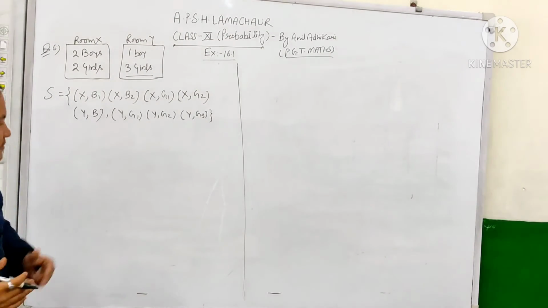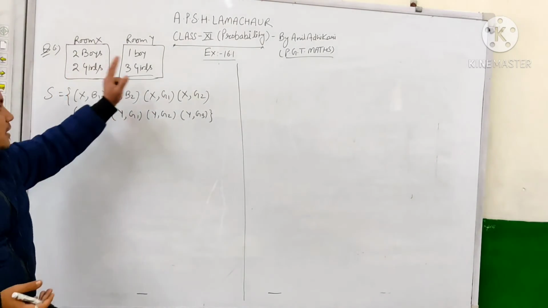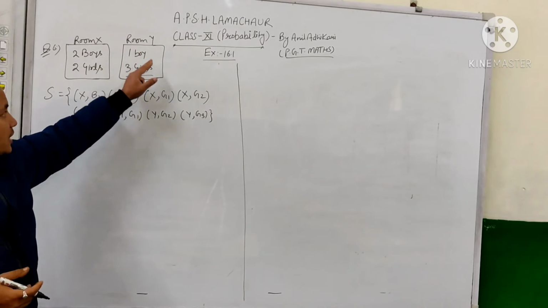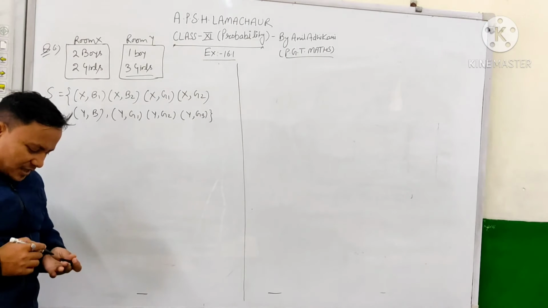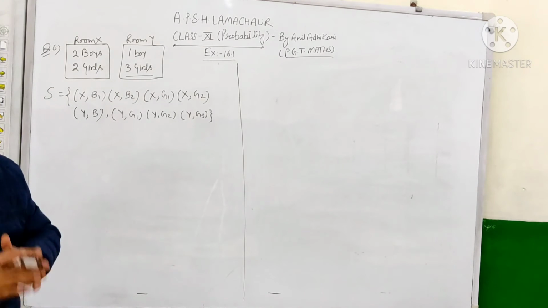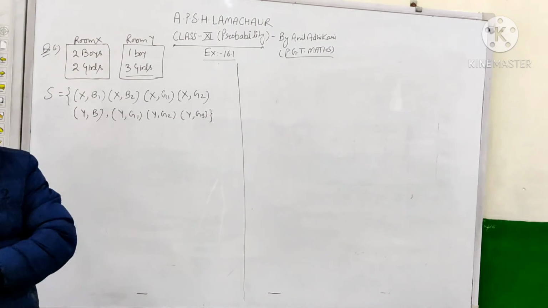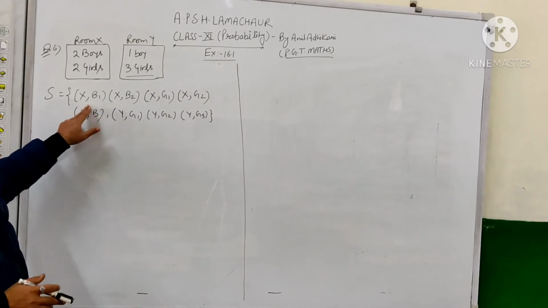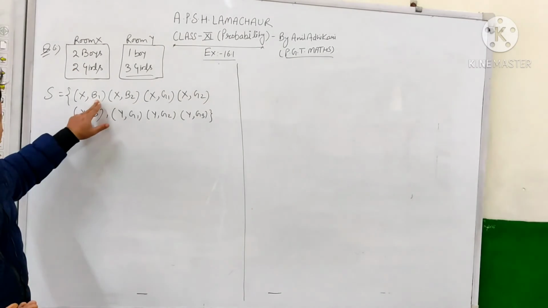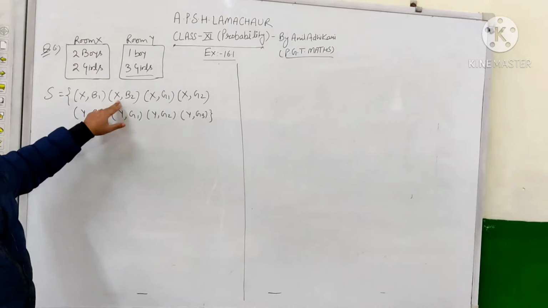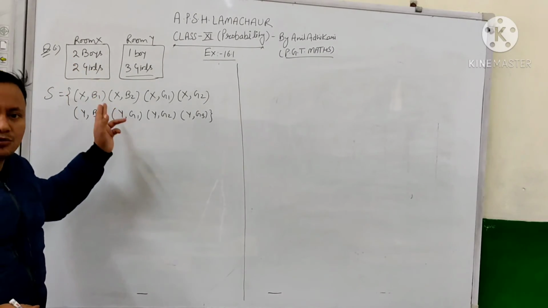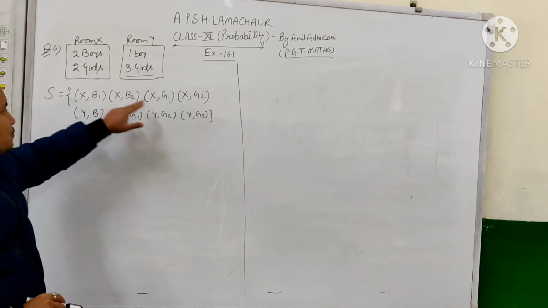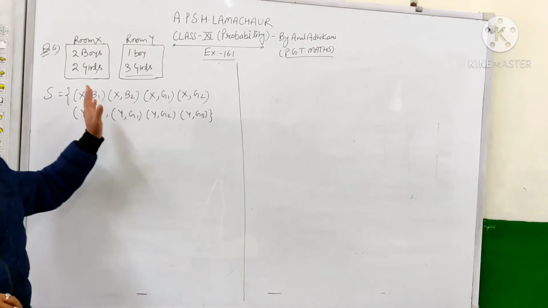Okay, the question is we have been given 2 rooms. First is room X and second is room Y. Room X contains 2 boys and 2 girls while room Y contains 1 boy and 3 girls. Now what is the experiment? The experiment is first we have to select any room, then a person in it. So starting with room X, what are the possibilities? First we will select room X, then we will select 1 boy, that is B1. Second, select room X and select another person. Since there are 2 boys, we categorize them as B1 and B2. So room X with B2, similarly room X with G1 and room X with G2, because 2 girls are there.